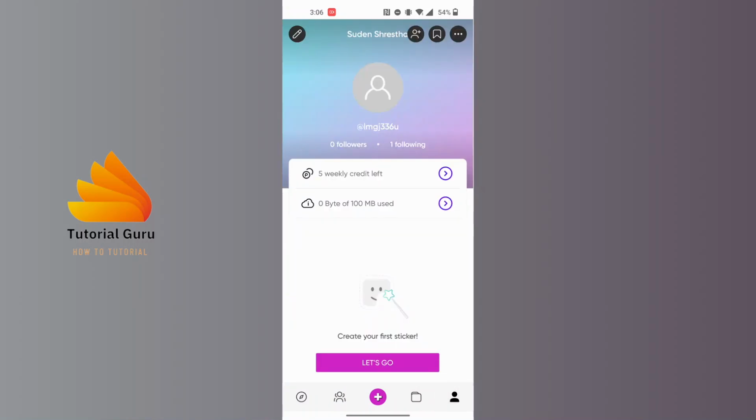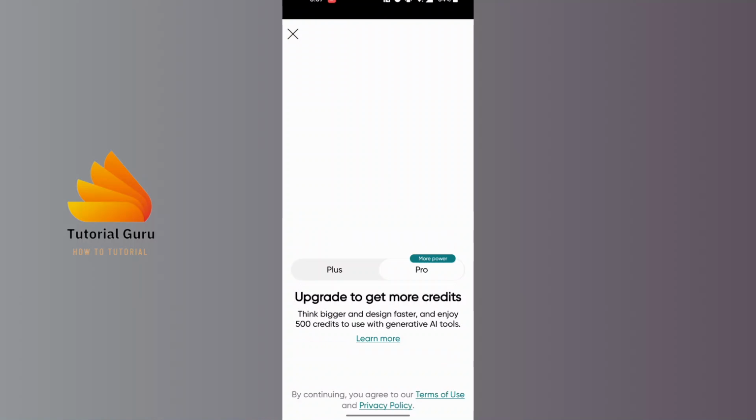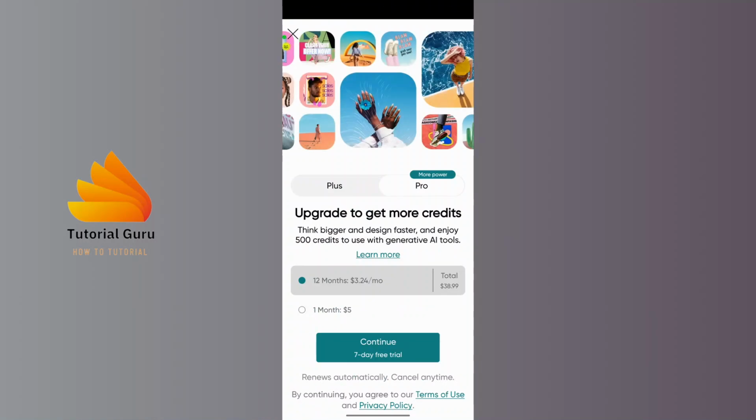And over here, after opening this interface, which is the account page of your profile, at the top right corner of the screen you can see the three dotted icon. Tap on it and you can see the upgrade to Pro button available for us over here. Tap on upgrade to Pro, and with that being done, guys, you can see either you can choose the 1